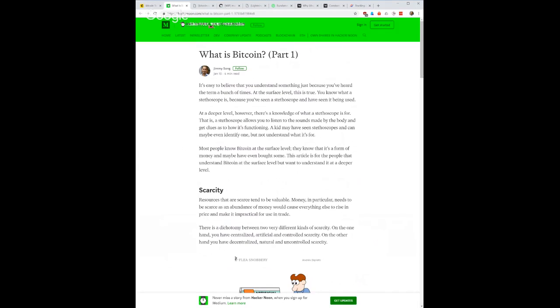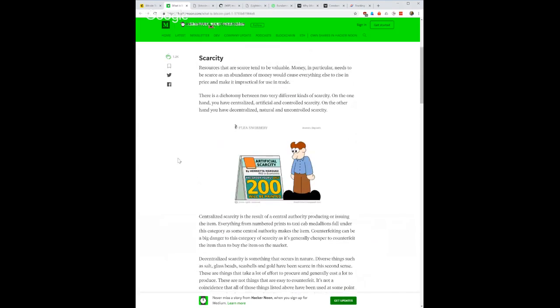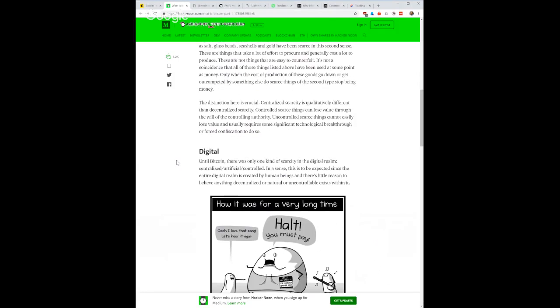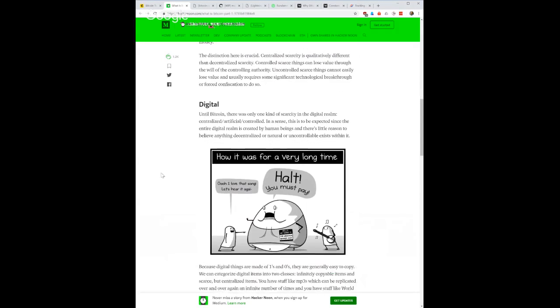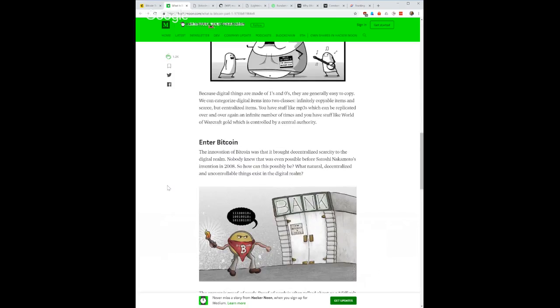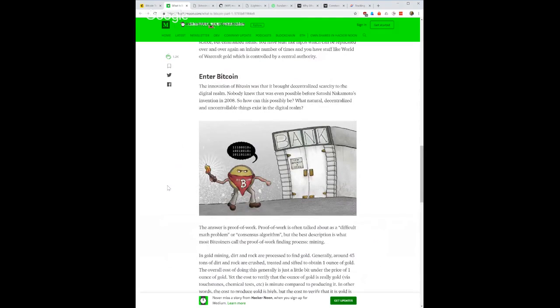There's 2 types of scarcity. There's centralized and decentralized. And I basically make the argument that decentralized scarcity ends up being money oftentimes. And in the digital realm, we didn't really know that it was even possible until Bitcoin came along. And when Bitcoin came in 2008, decentralized digital scarcity came into the world, and it's a really significant invention